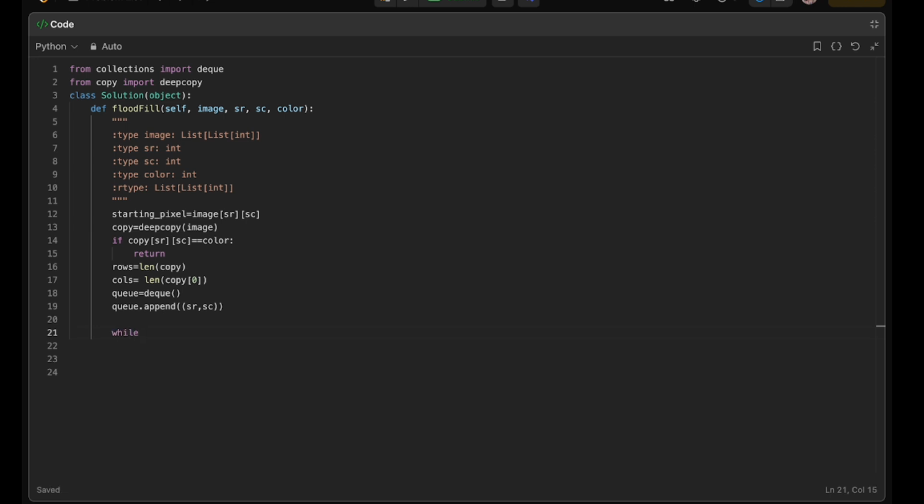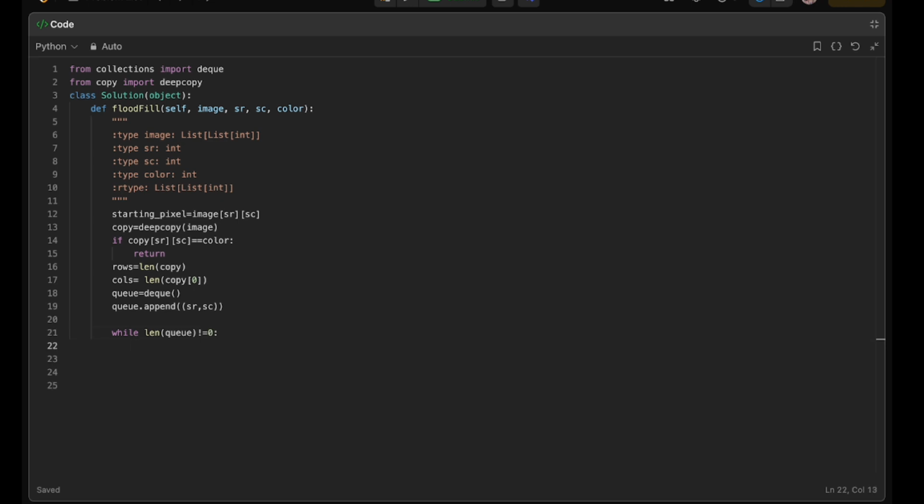Until and unless the length of the queue becomes empty or zero, we just have to perform the operation, popping and then changing the color. So while length of queue is not equal to zero,